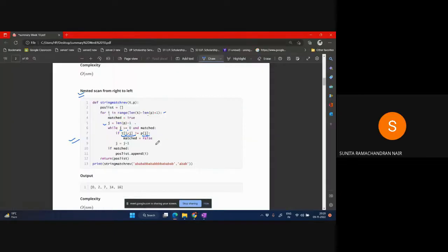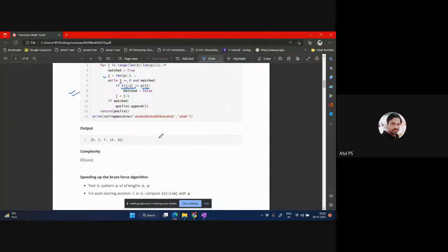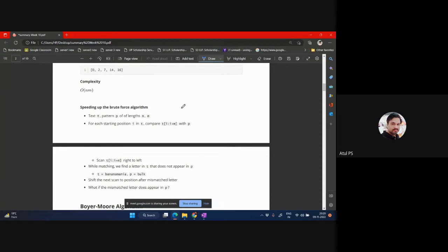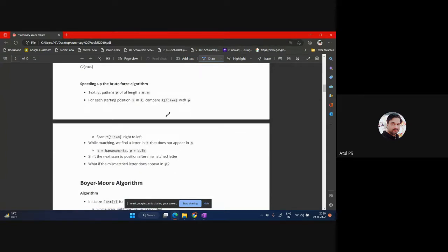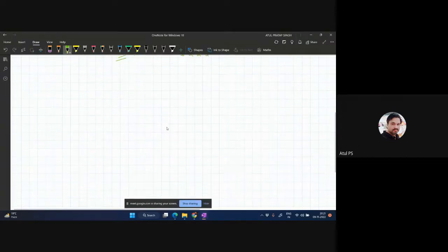Okay, now how can we improve this naive approach? The first algorithm is the Boyer-Moore algorithm. So what is the approach in the Boyer-Moore algorithm? For example, in our text,